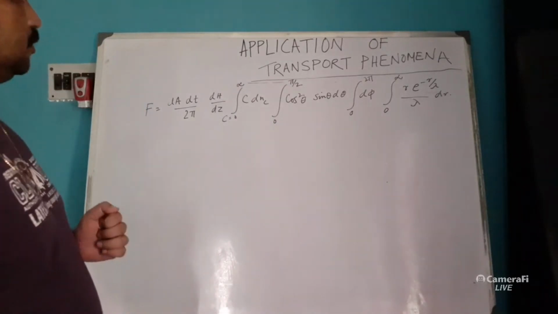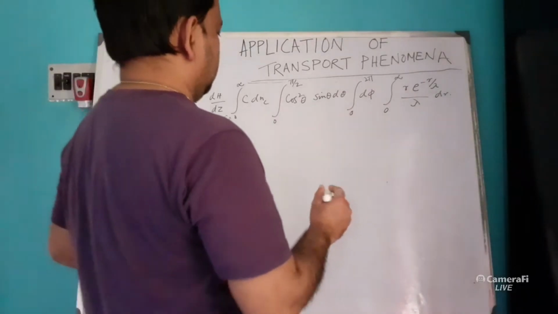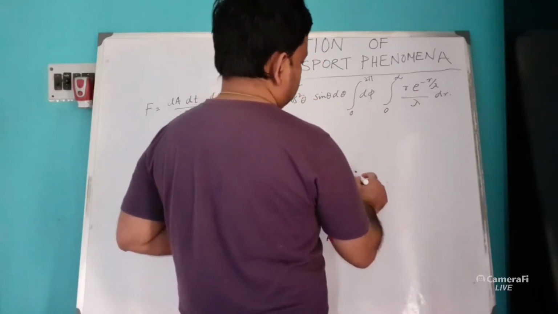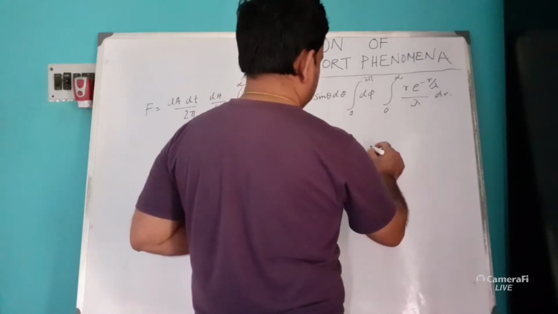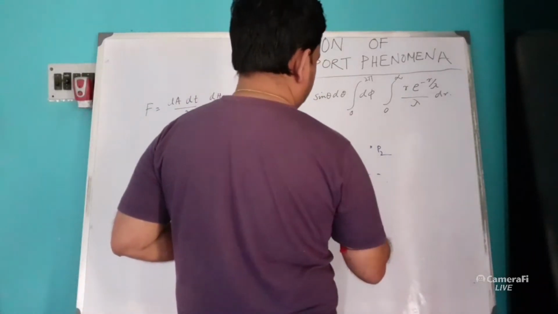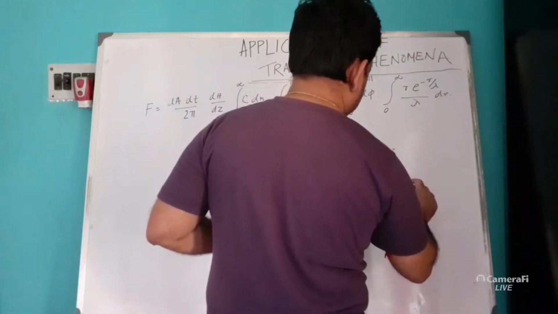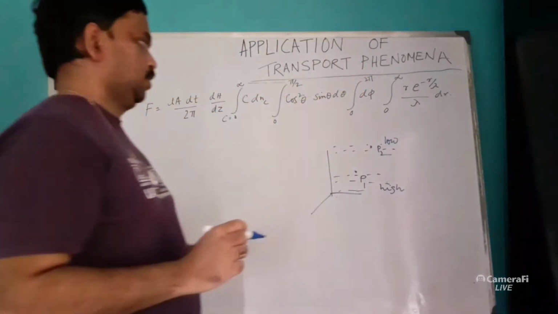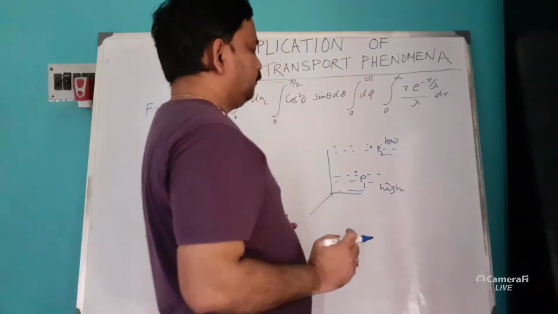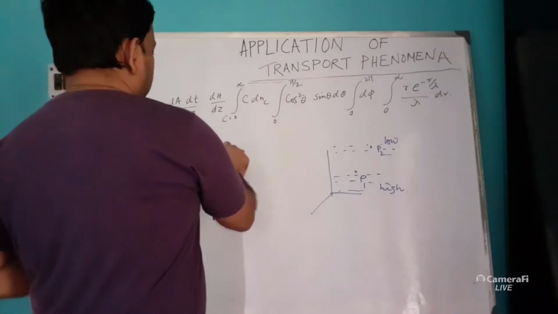Here we are going to discuss a physical quantity called diffusion. What happens in diffusion? Suppose this is your reference plane, and from here P1 and suppose here P2. The gas at the lower level has higher concentration and the gas at the higher level has lower concentration. Diffusion is a process through which molecules from the higher concentration move to the place of lower concentration. So the value of P1 would be